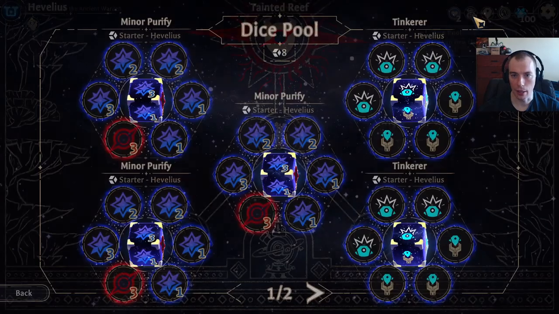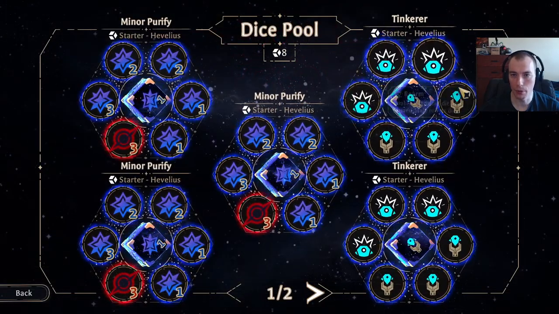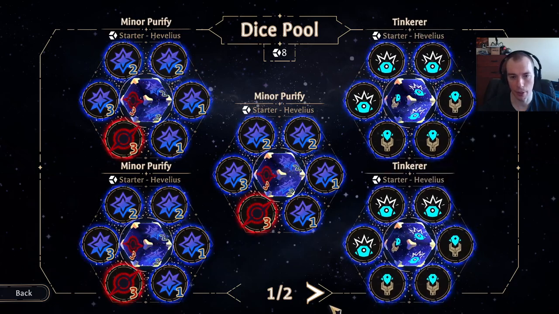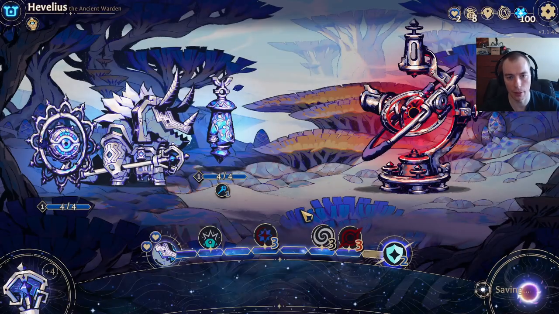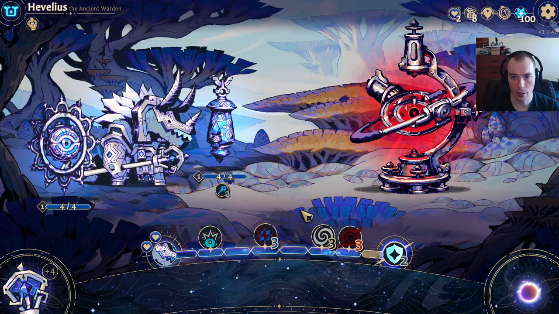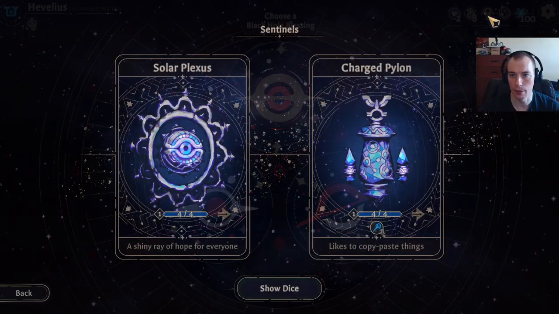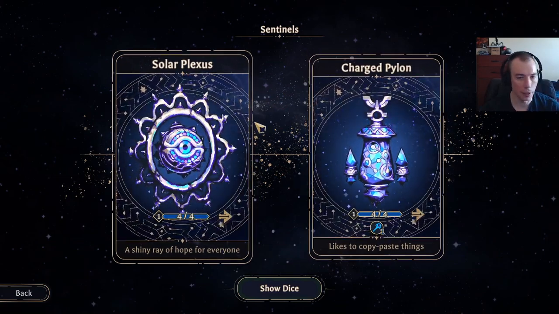you also get a bunch of dice that let you... so this lets you re-roll from Sentinel, this lets you repair a broken Sentinel, which is pretty fun, because then you get other cards that can break Sentinels for various benefits. We'll see where we end up. Let's hit the Black Hole Blessing. And I guess I should figure out what my Sentinels are as well before I decide on this. We will, of course, have the chance to switch them out later, like we would in any other run, but...